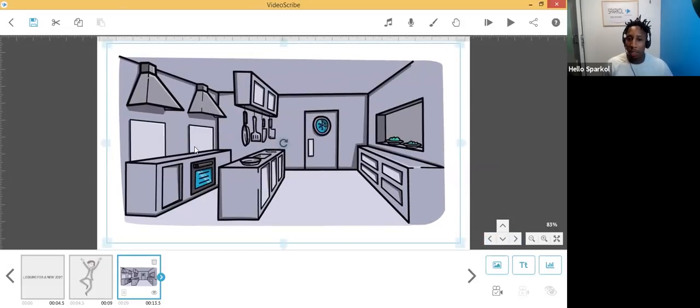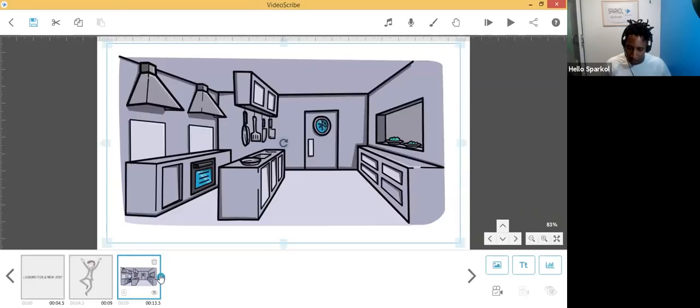But this image is just going to be the background. Now, I would like it to draw a bit quicker, so I'm going to change the animation time. So, all in the name, I can change how long it takes for the animation of the hand drawing this kitchen image to complete. So by revisiting our timeline thumbnail at the bottom of the screen, I can click on